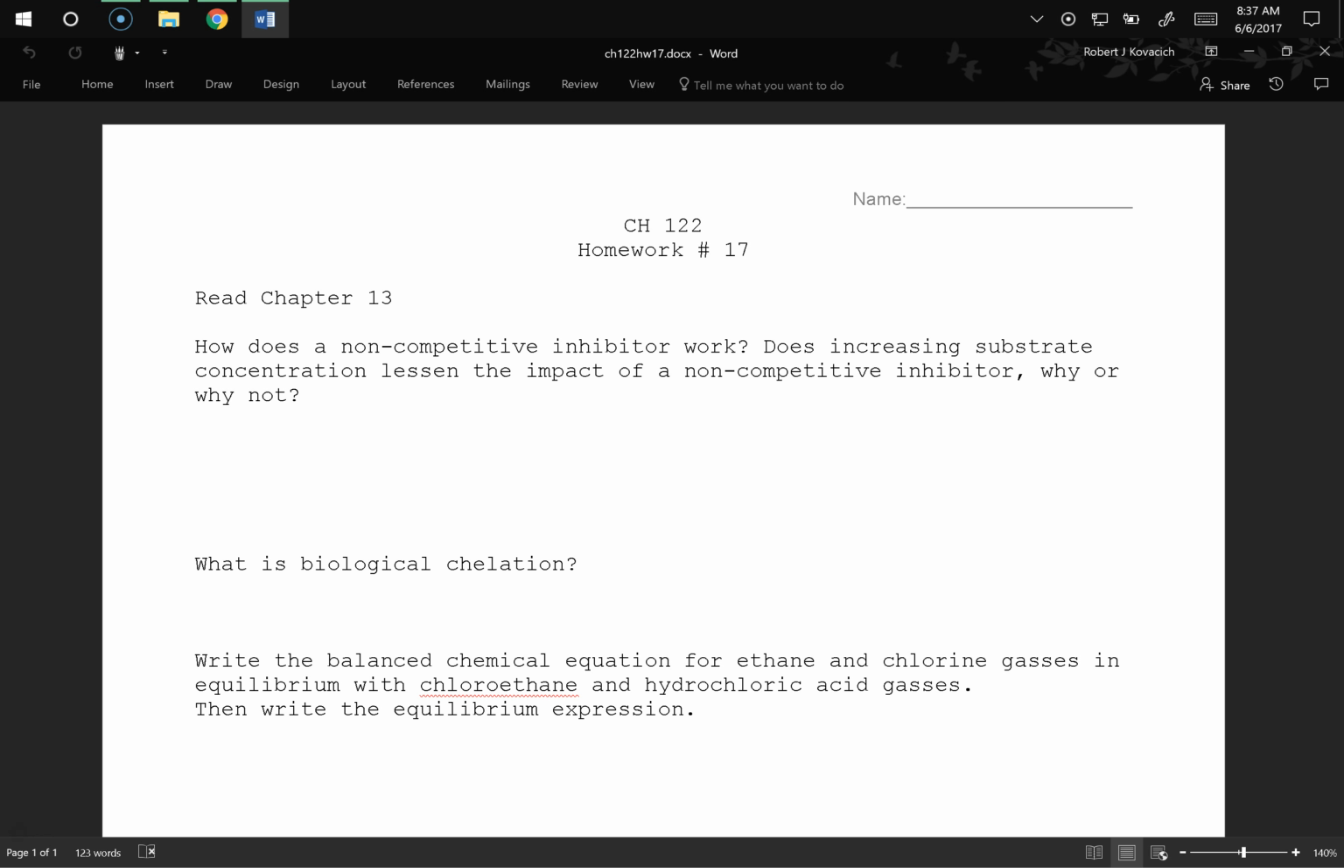Okay, how about this first one about non-competitive inhibitors? Go onto the enzyme, but in a different spot as a substrate, and really deform it so that the substrate can't connect. Yeah. Okay, so